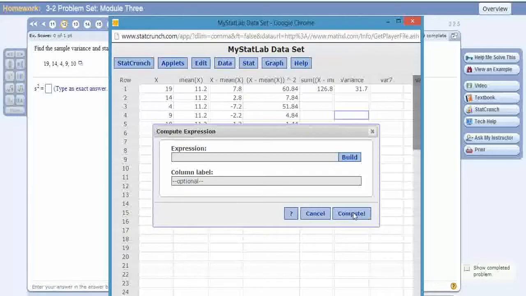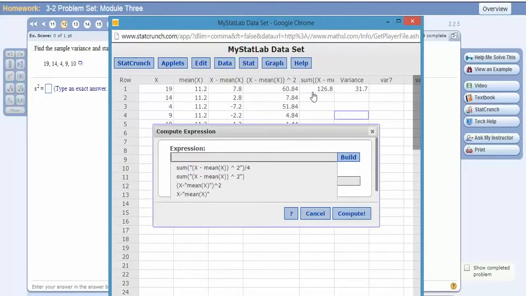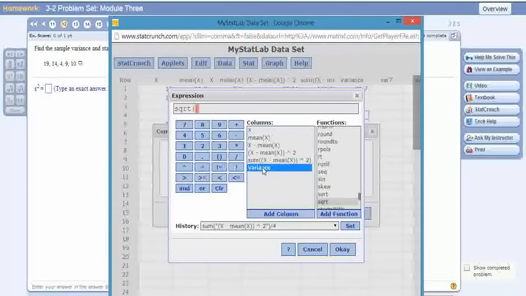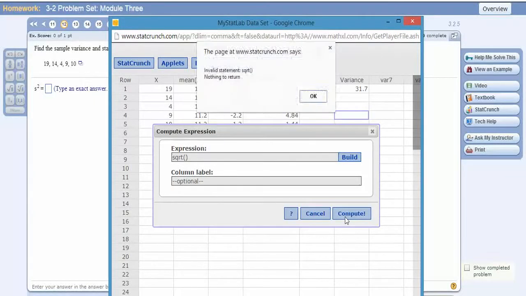And let me bring this up, so see if I can bring up the build so that we can see if we can find the square root function. It's not on the keyboard anywhere. Let's just go down here. It's probably SQRT, typical. There it is, SQRT. Add that function. And we want to take the square root of the variance. The standard deviation is the square root of the variance. Click OK, compute it,